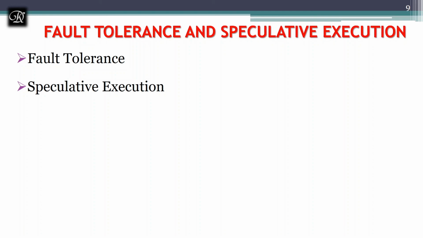The design of MapReduce makes it possible to easily recover from the failure of one of the many map processes. For example, should a server fail, the map tasks that were running on the machine could easily be restarted on another working server because there is no dependency on any of the map tasks. You have seen, one map task is independent of another map. If one data node goes down, we need not worry, we can give it to the other data node, where, as we have seen with the replication factors, there also I can start it.